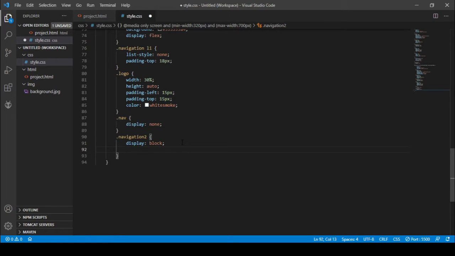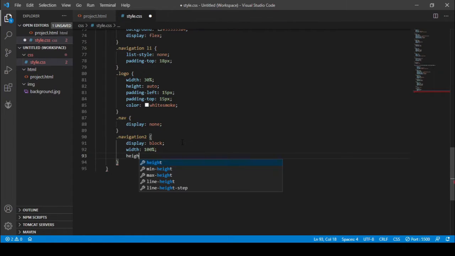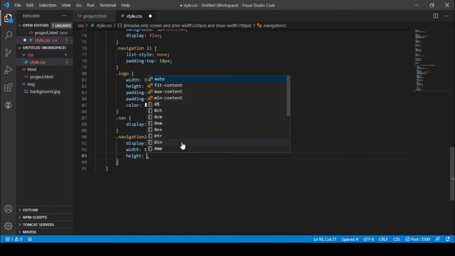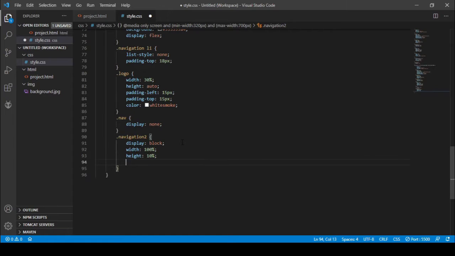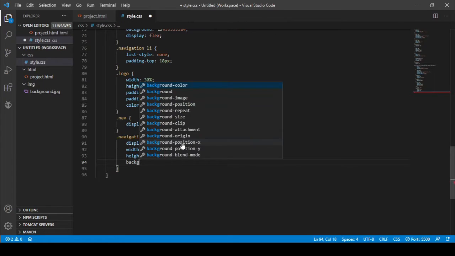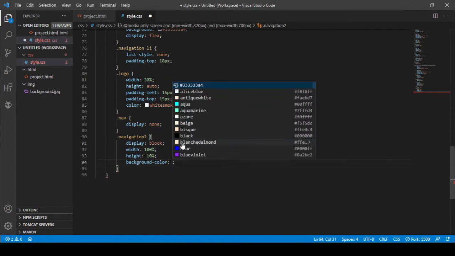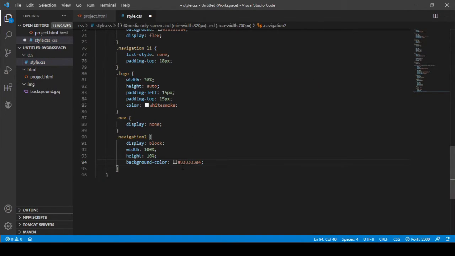So let's give the width as 100% and the height as 10%, and we need a background color as we need this opacity color.